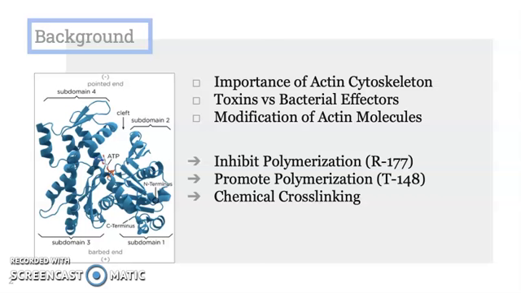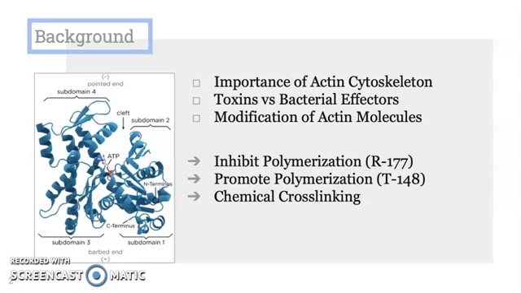The first group causes ADP ribosylation of actin at arginine 177, which in turn inhibits actin polymerization. The second group includes toxins that modify actin to promote actin polymerization and the formation of actin aggregates at threonine 148. The third group catalyzes a chemical cross-linking reaction of actin, thereby forming oligomers and blocking the polymerization of actin